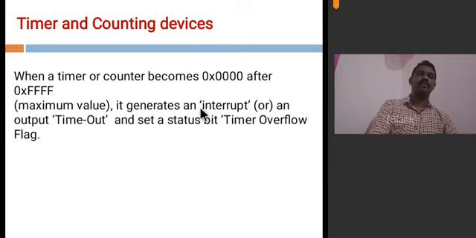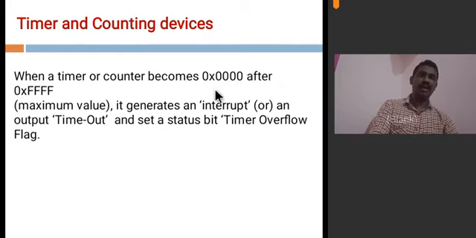For example, for every 2 seconds you want to turn on an LED, and after 2 seconds you want to turn off the LED. You will set the maximum value depending upon the 2 seconds time period. And when the timer reaches this maximum value which you set inside the counter present in the timer, it will again set the timer back to 0.